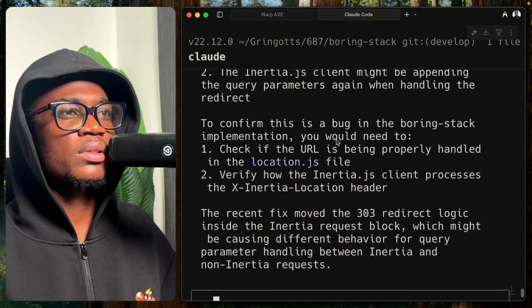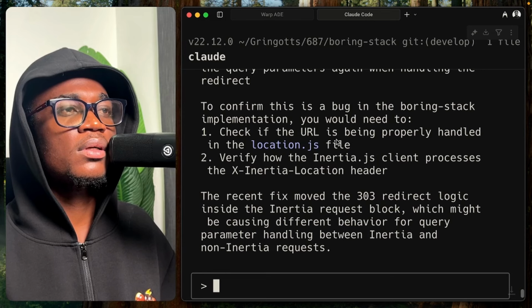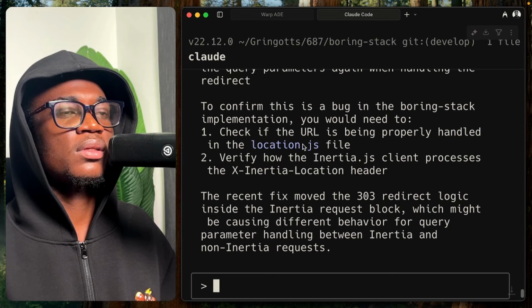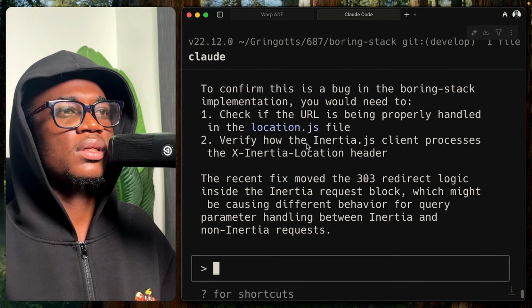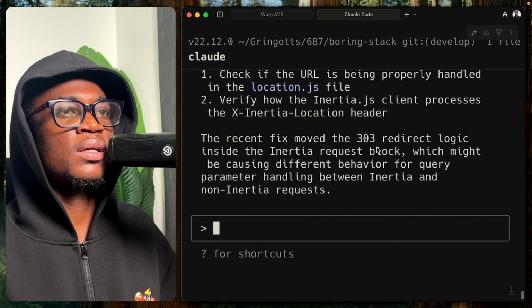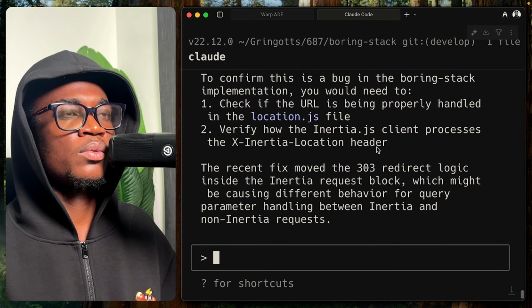To confirm this is a bug, check if the URL... but the problem is I'm not even using location.js inside that. Okay, cool. So now